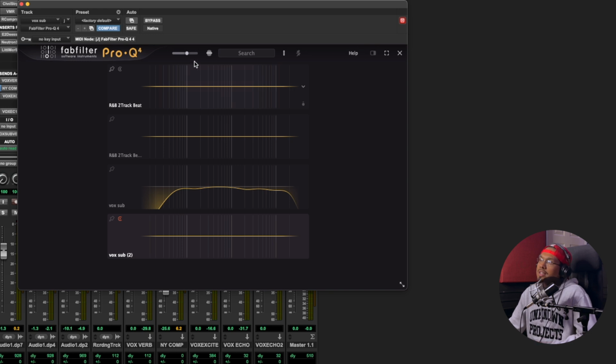What's really cool about this is whatever one that this little red button is clicked on, the other tracks are going to show conflicting frequencies comparing to that specific track. So if I have this on Vox Sub 2, it should show on all the other ones where the conflicting